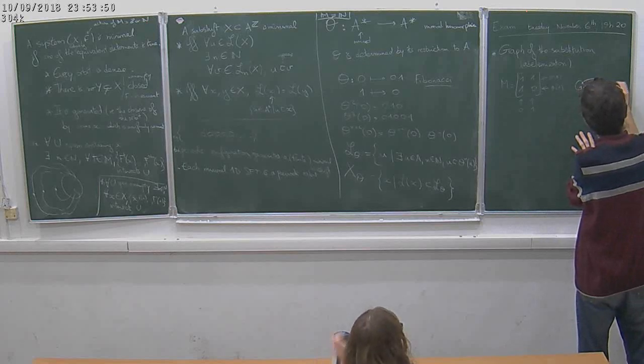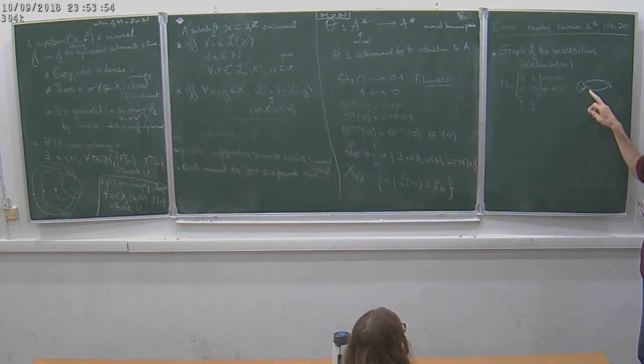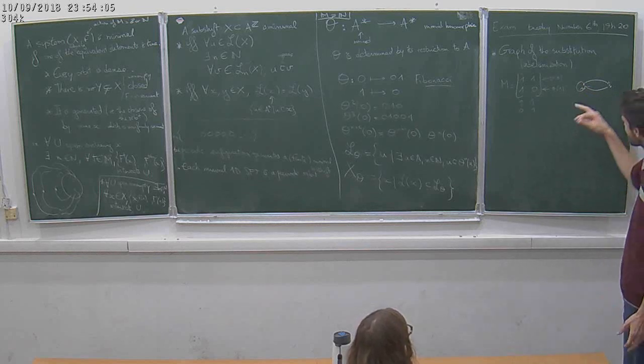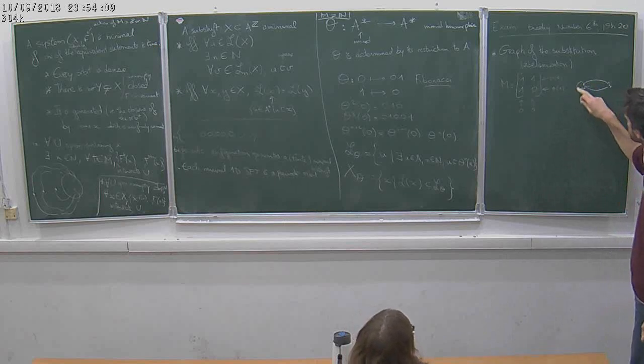So before, in the SFT, it was the golden mean subshift. I think I called it like this. I didn't, I mean, someone called it like this, and I think I repeated it. The golden mean subshift is the set of paths,